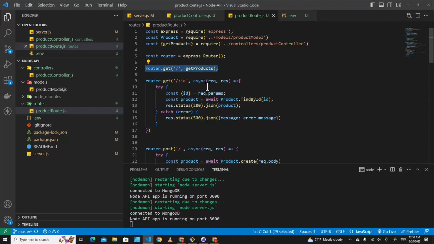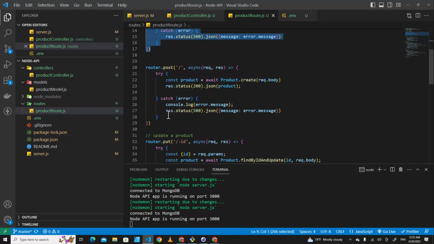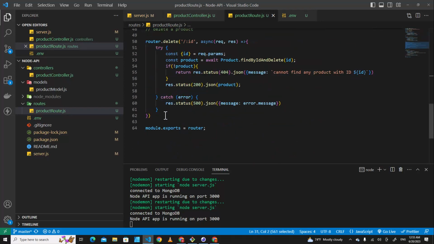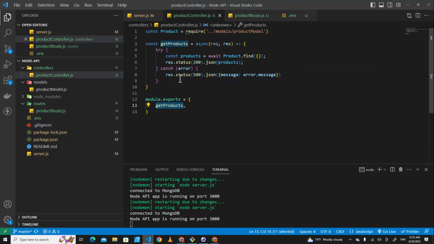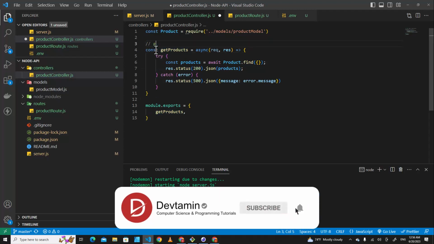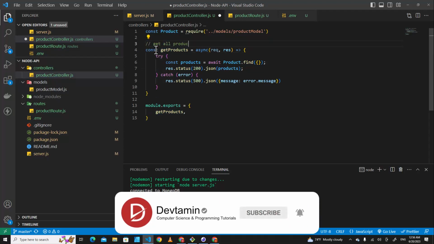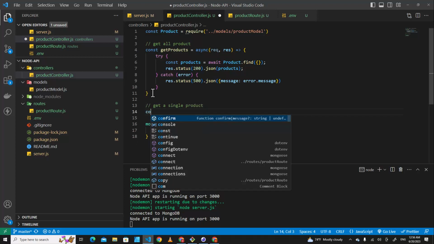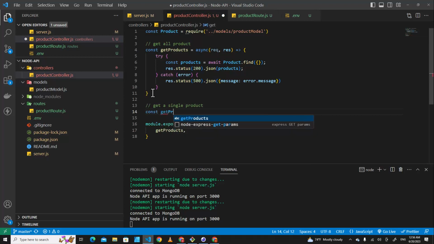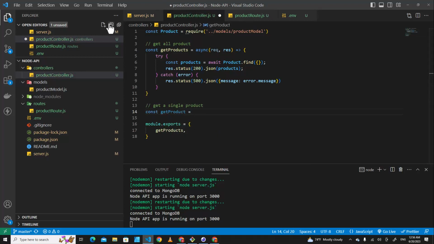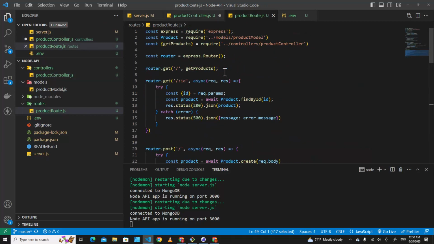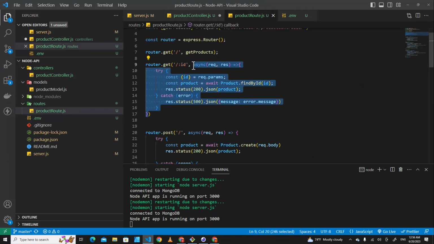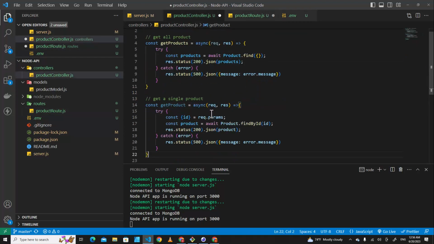We just do the same thing for this one, this one, this one, and this one. Okay, all right. I will comment this one. Okay, get all product. Okay, the next one is get a single product. Okay, we can create function over here, get product, and then go back to product routes, and then cut this one, okay, and paste this over here,